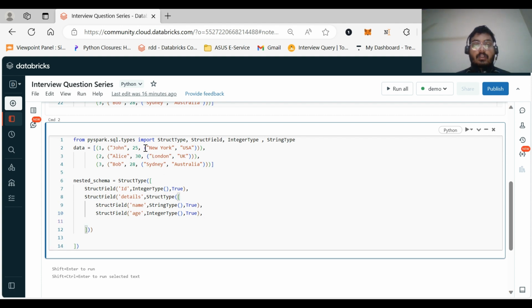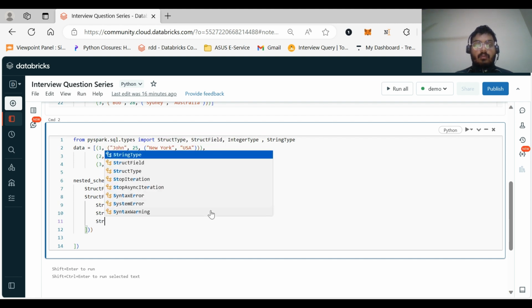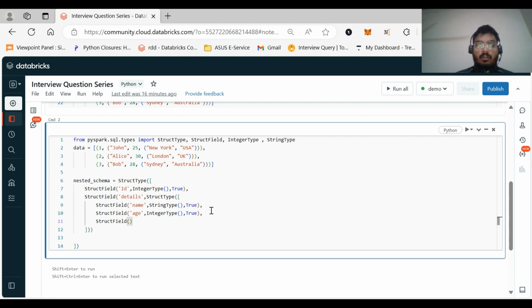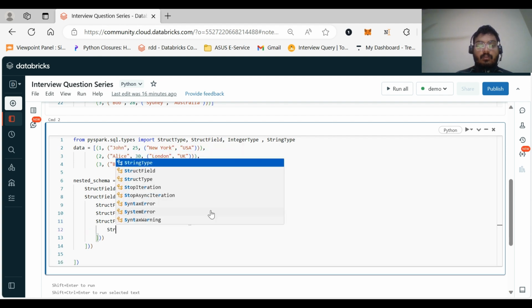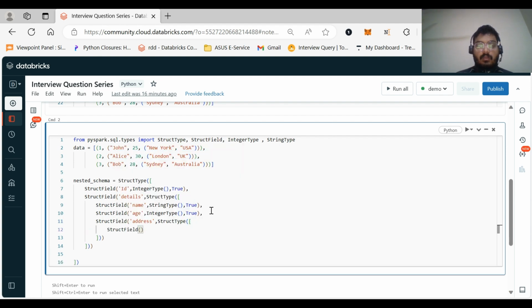Then we again have a struct type of column for address. The first one is city, the second is country. Then again we need to create a struct field variable, and we will name it address. Now we need to give it a struct type. Then struct type again, beginning with the square brackets. The struct field will be city.